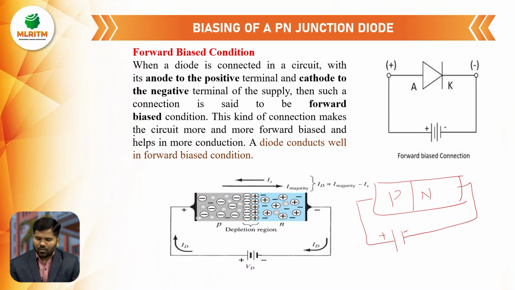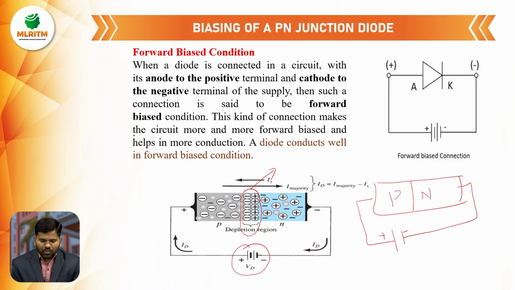So what will happen in the forward bias condition? The immobile ions accumulated in the depletion region will not move to either the p side or the n side. That's why we have to apply energy more than this stored electric charge energy. So we have to apply more voltage to the p-n junction diode to remove this depletion region, so after applying some external voltage,